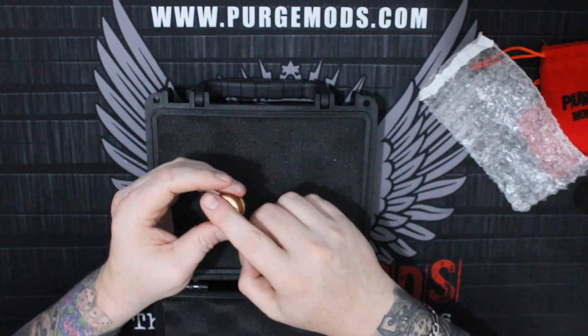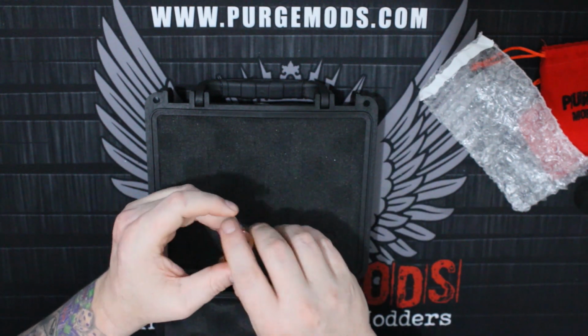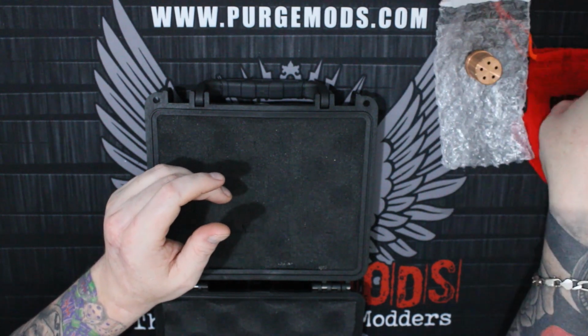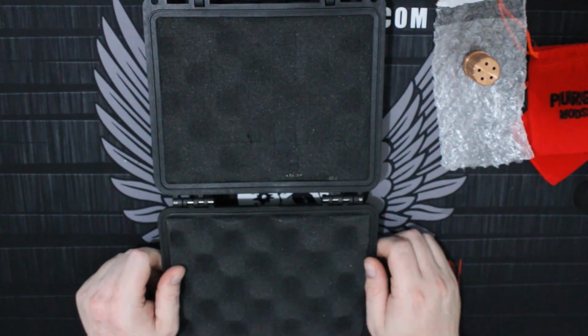So this is what will come pre-installed. The silver bucket is what actually comes installed, and the silver bucket, I'm sorry, is an aftermarket piece. That piece runs about 150 US. Now inside,